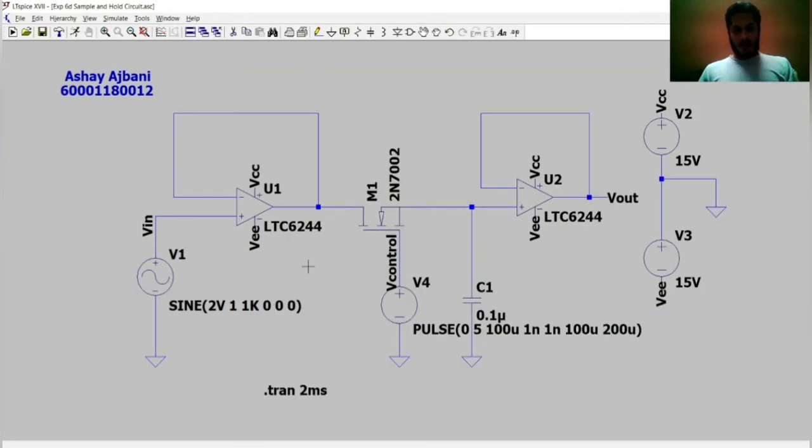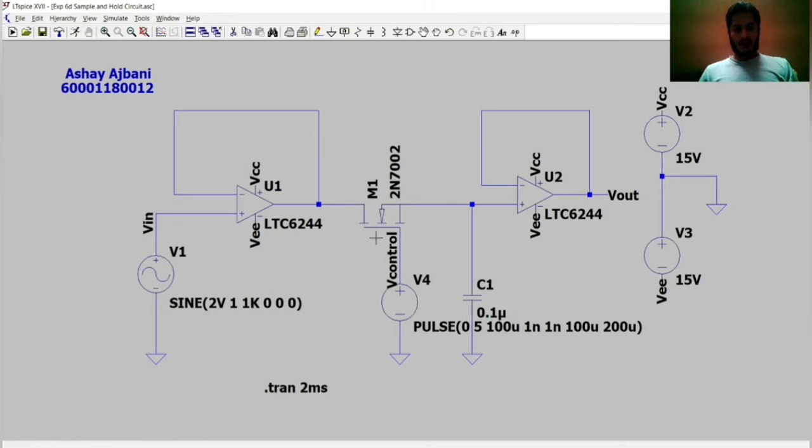So this is a sample and hold circuit. We'll be using two op-amp buffers, and these will be connected via a MOSFET. The input is applied to the first buffer, and the output will be taken from the second buffer. The MOSFET will be powered by a control signal, whose maximum amplitude is 5 volts. Now, whenever the pulse is low, the MOSFET won't be powered up, and these two circuits will be separated from each other, and hence the output will be the voltage across the capacitor, which will be a